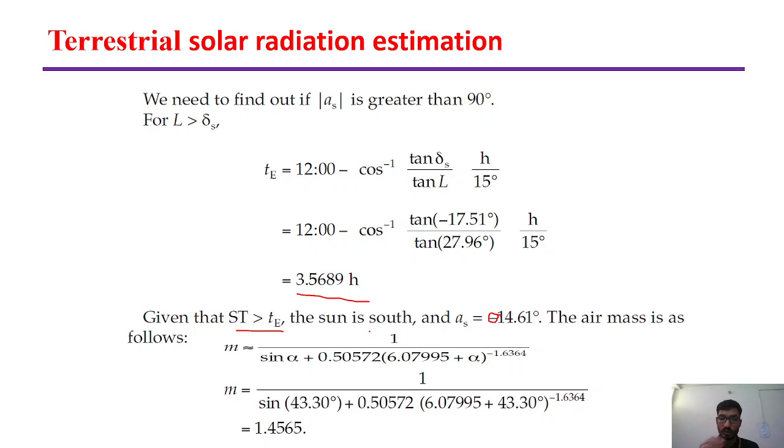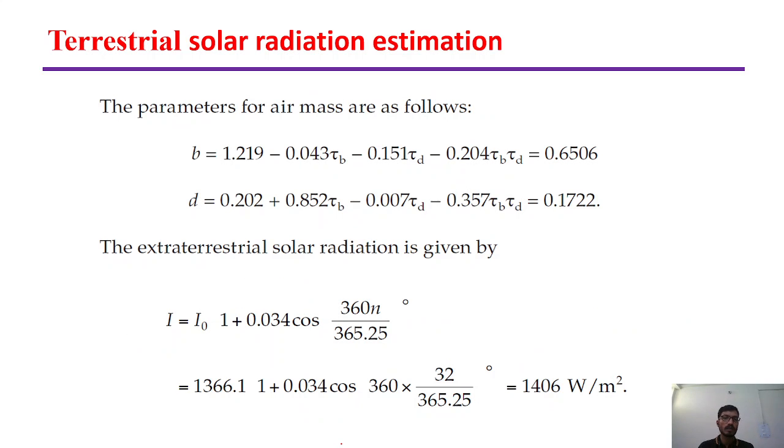Now the next thing, we have to calculate the air mass ratio. Air mass ratio we have to calculate based on the solar altitude angle. Solar altitude angle we already calculated as 14.30 degrees. So the air mass ratio will be 1.4565. Similarly,